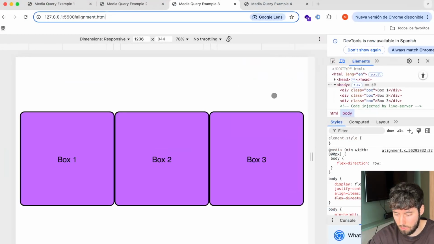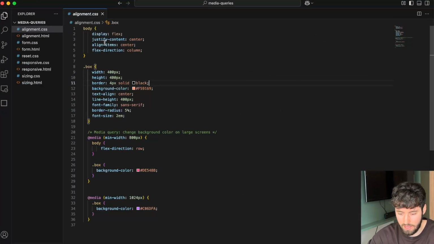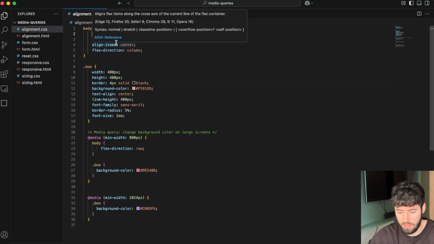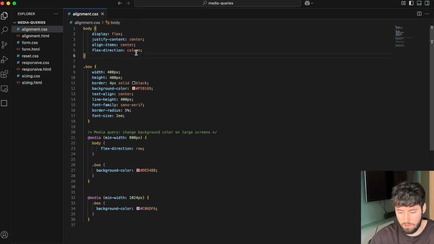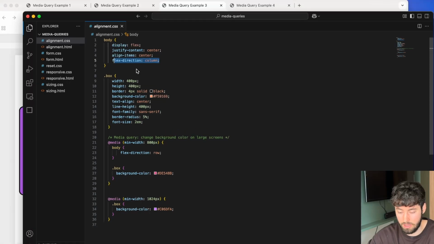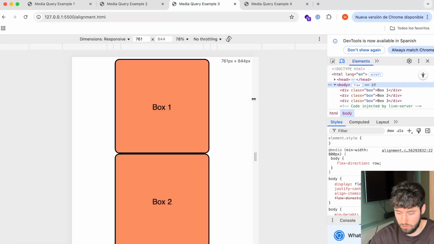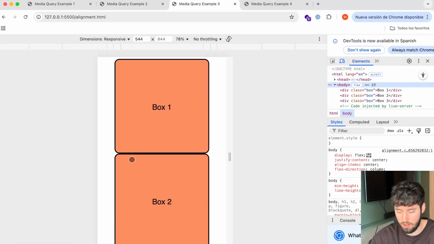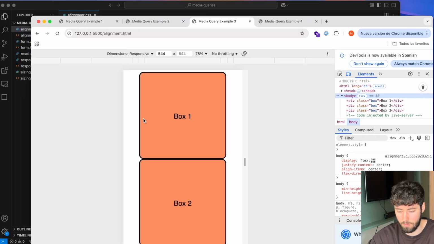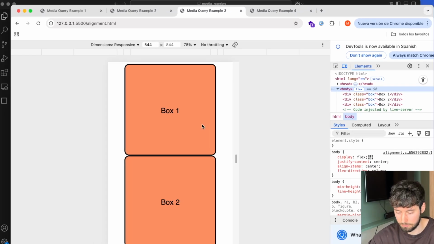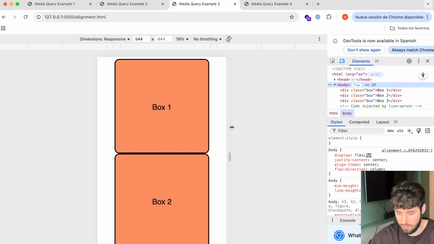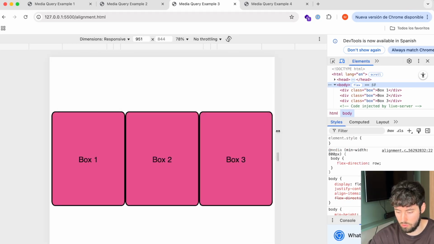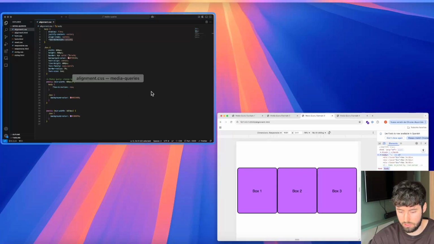You don't have a lot of real estate to go in a horizontal arrangement, and so we essentially say, hey, we want to use Flex, and we want the Flex direction to be a column. So let's go to the mobile. So mobile is going to be a column format because we don't have a lot of real estate here. As we get more real estate, we're going to change it to a row, as we'll see here for both